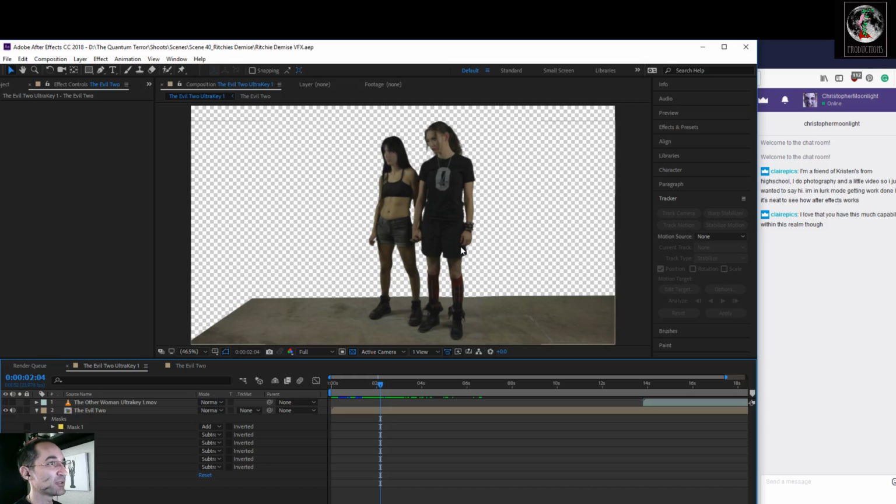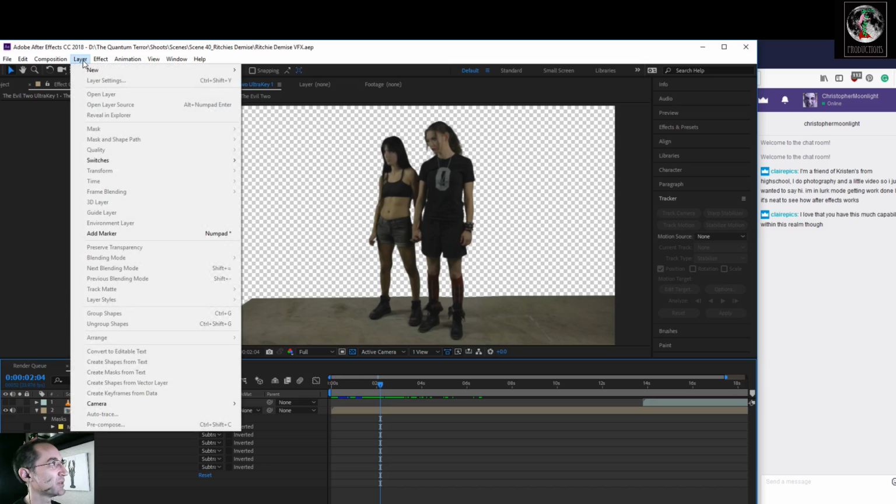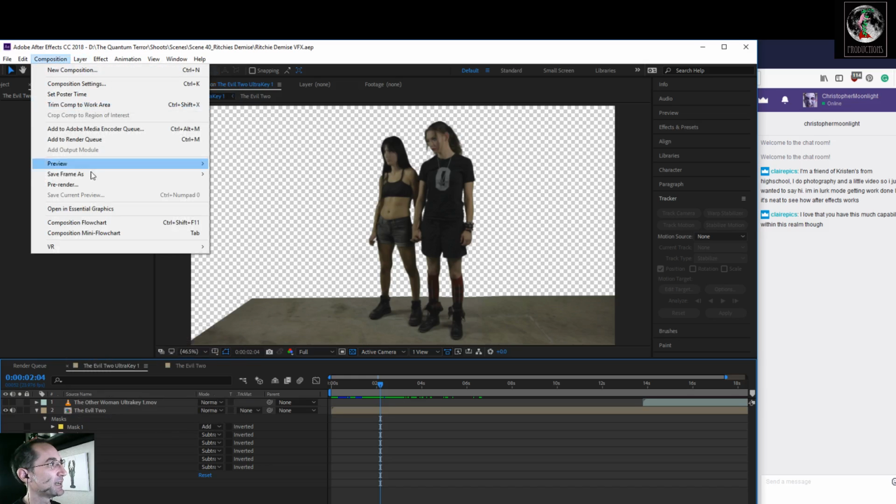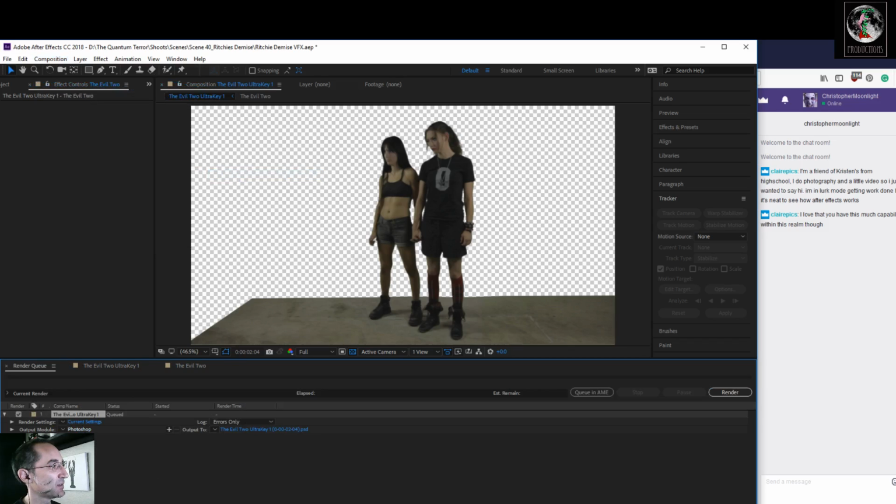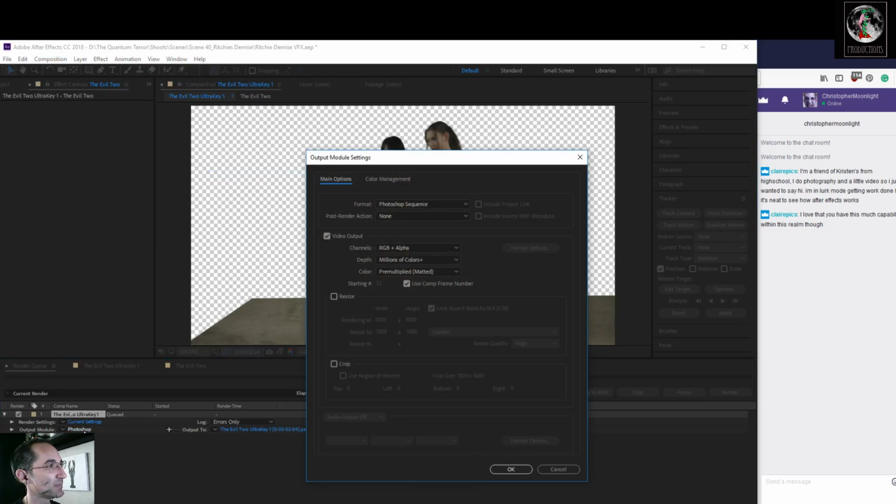We're not going to do the whole thing today because there are some elements that I still need to shoot to add in, but what I want to do is I want to create save frame as. So let's go into file. Let's see. So Photoshop.